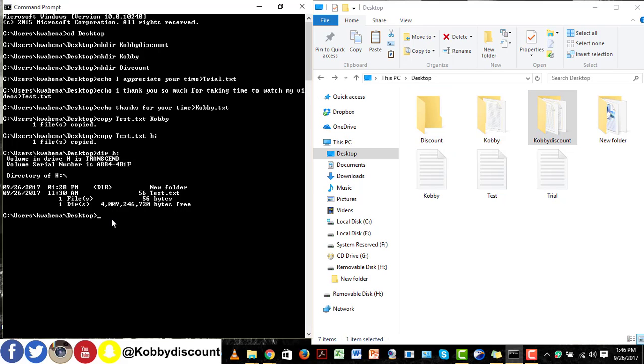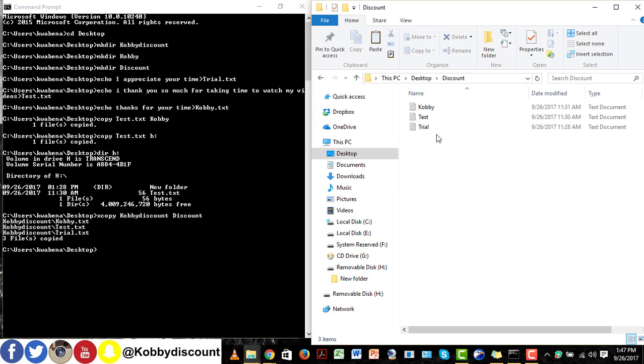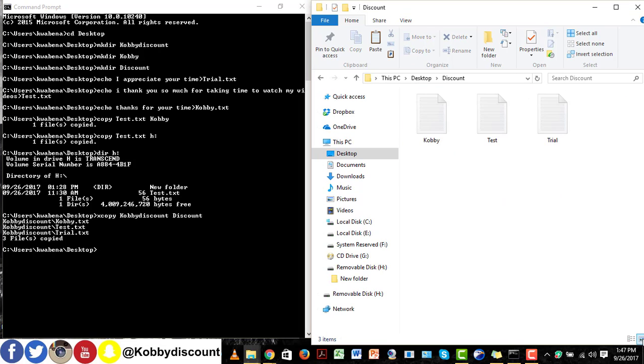The command for this is xcopy, which is this is the source, the discount, and then this is the destination. Hit enter. Okay, as you can see, 3 files copied. So let's go to the discount folder here, and there you have them.